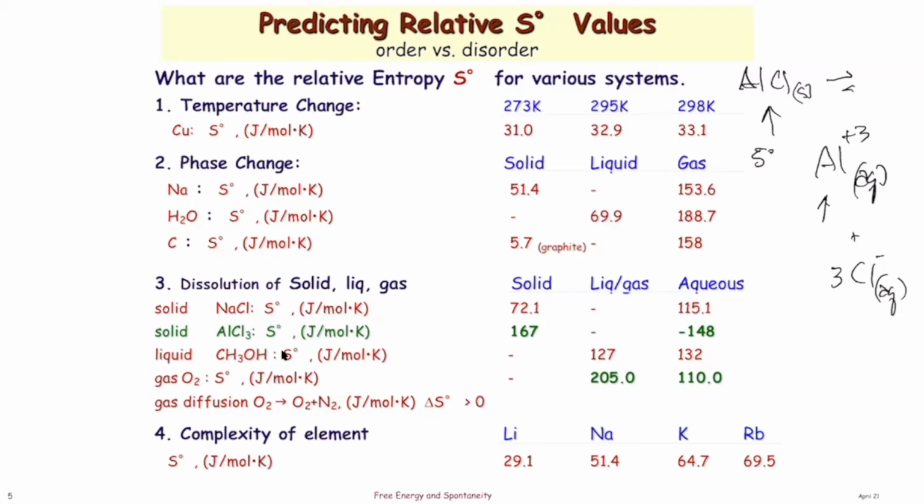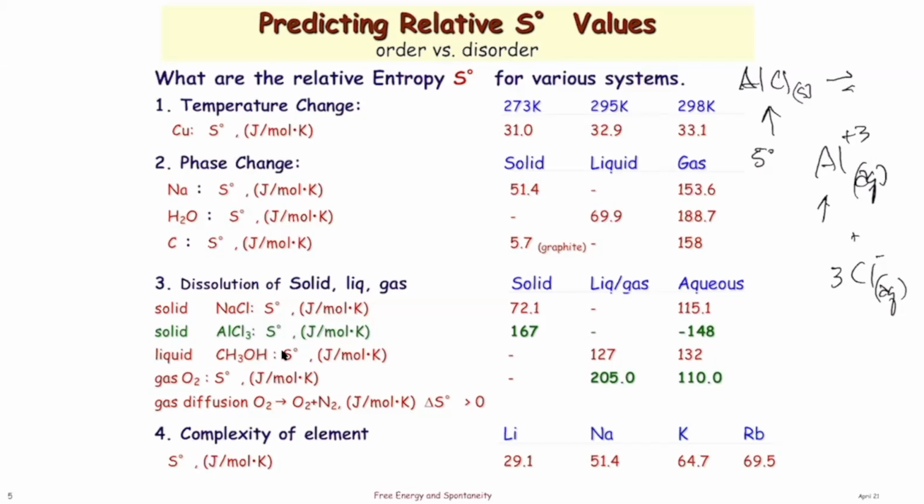Complexity has to do with the number of atoms in a molecule. The more atoms in the molecule, the more ways you can rearrange those atoms in three-dimensional space. If you're just looking at atoms, the more electrons and subatomic particles you have for a particular element, the more entropy it will have, just because the electrons are free to move around more randomly than an element with fewer electrons. So here you see lithium, sodium, potassium, rubidium. Rubidium is going to have the greater entropy. Why? Because it's a bigger atom. So these are just examples that will help you